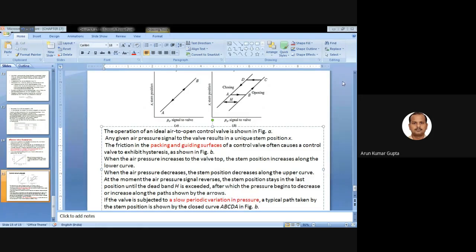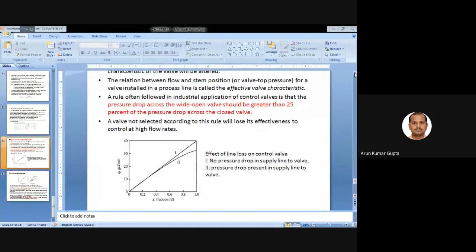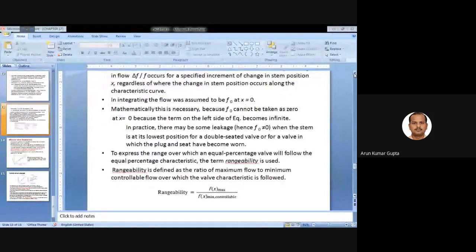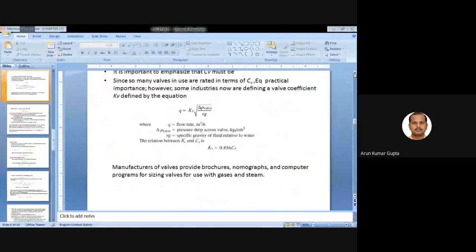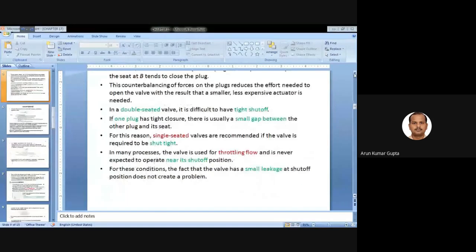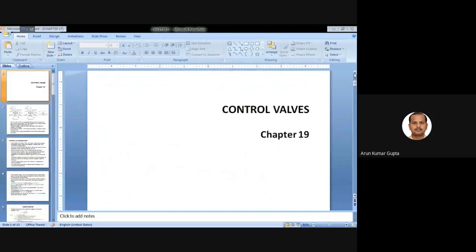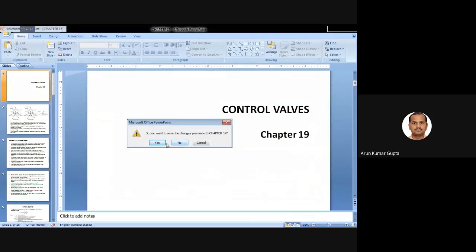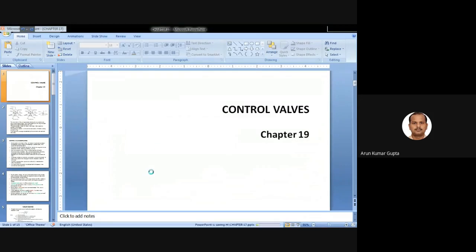Okay, so these are a few characteristic points that you will see in the lab also. You will discuss all these things and do the calculations, keeping the valve flow. So this is an important topic. You will use this topic in the lab also. Just keep this thing in your mind. And now let's go to the next topic.